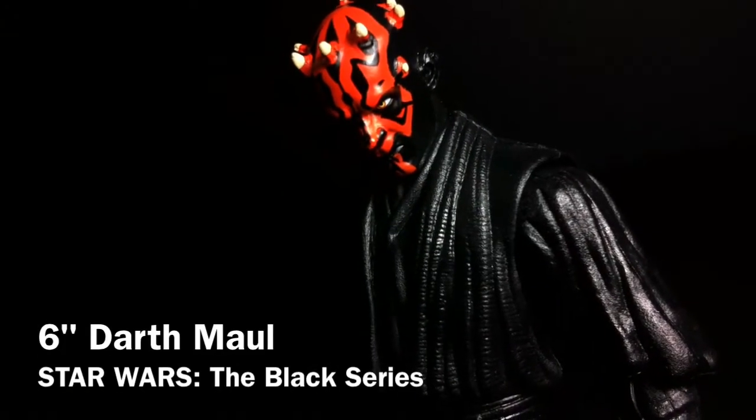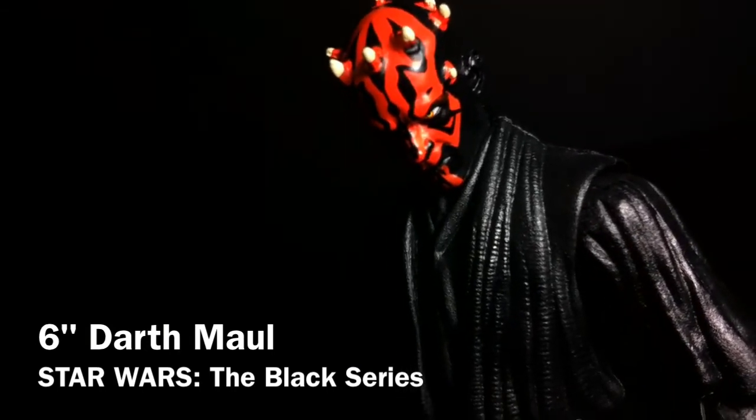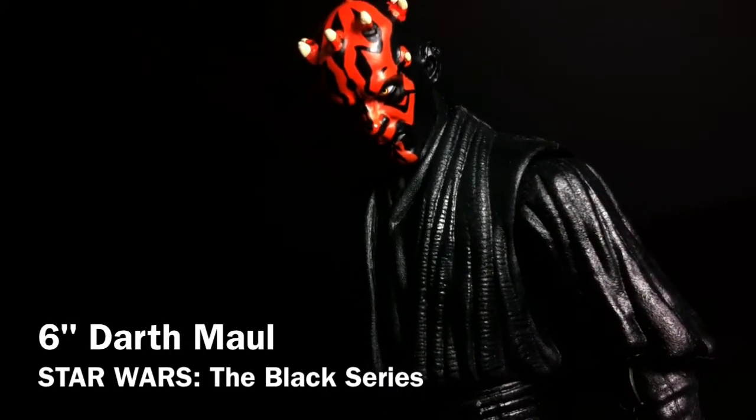Let's venture into the Star Wars mythos with a review of the Black Series 6-inch Darth Maul, the Sith Lord who represents fear itself. Now a couple of notes before we start: this is Hasbro's all-new toy line as well as the first time the Star Wars franchise has been offered in the 6-inch scale, and I have some high expectations, but first let's